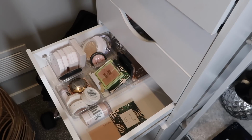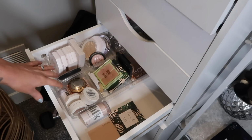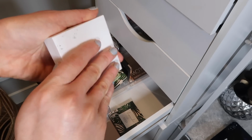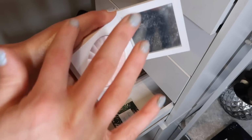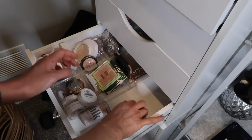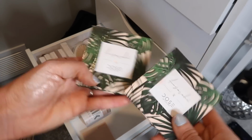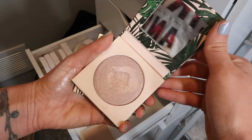All right, moving on to the highlight drawer. What do I want to reach for? Oh, I don't know if this is going to be too... Just to stay on brand for summer, I think I'm going to grab both of my Dose of Colors I Love Sarah E bronzers. I have both Bathe, which is the beautiful